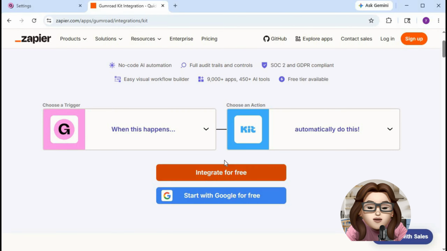After that, choose Kit as the action app. For the action event, select Add Subscriber to Form or Add Tag to Subscriber depending on how you want to organize your audience. Now connect your Kit account and choose the form, sequence or tag you want new Gumroad customers